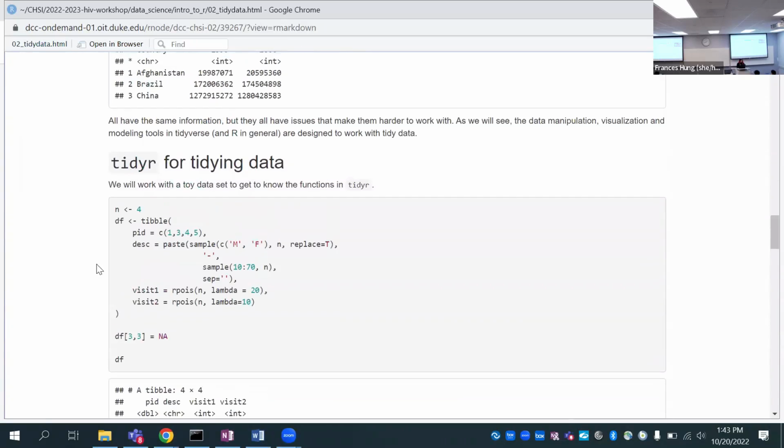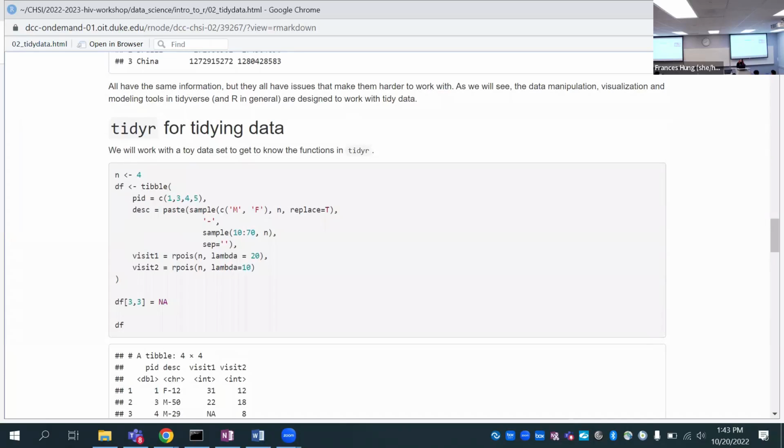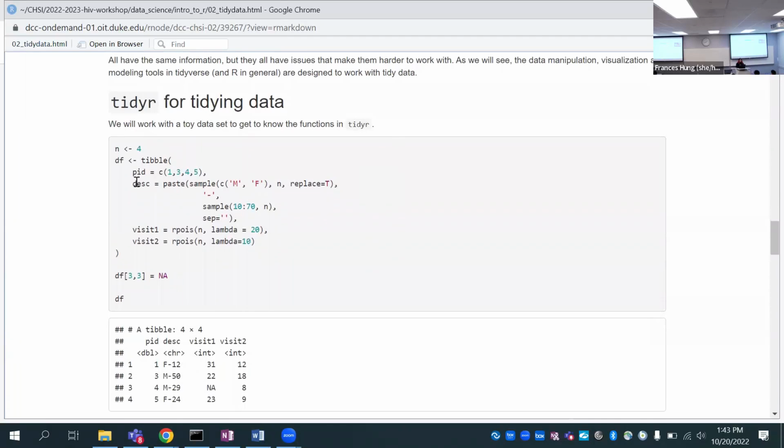So we're going to start by using just a very basic data set that's very short. What this code chunk does is that it creates a data frame. And you can see that these are the column names, and what follows are the column values.